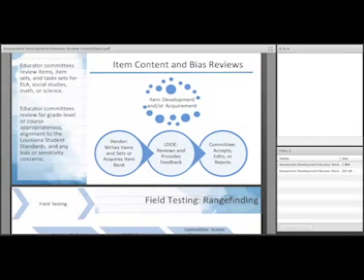Once we get through that, our vendor develops items. They either write items for all content areas, or for math or ELA, our vendor acquires item banks.